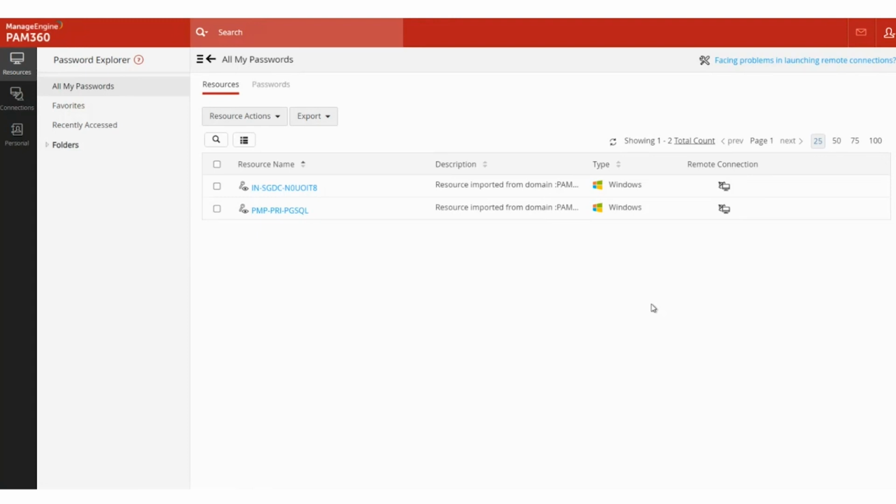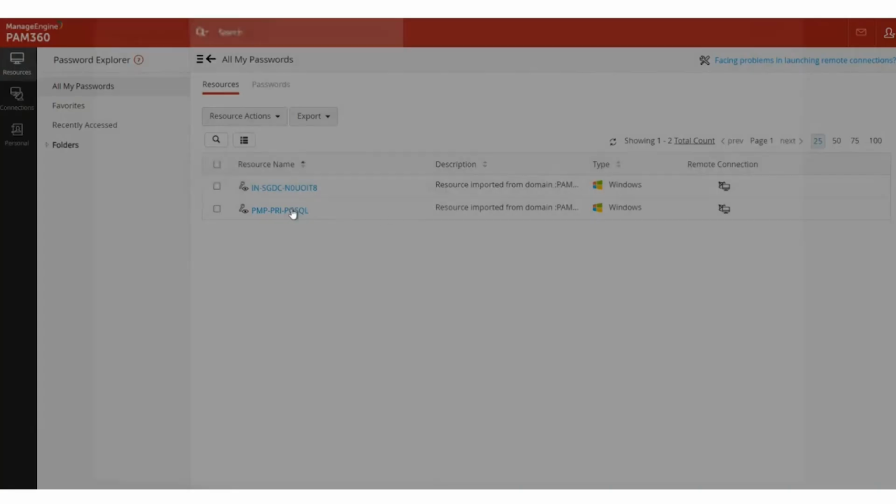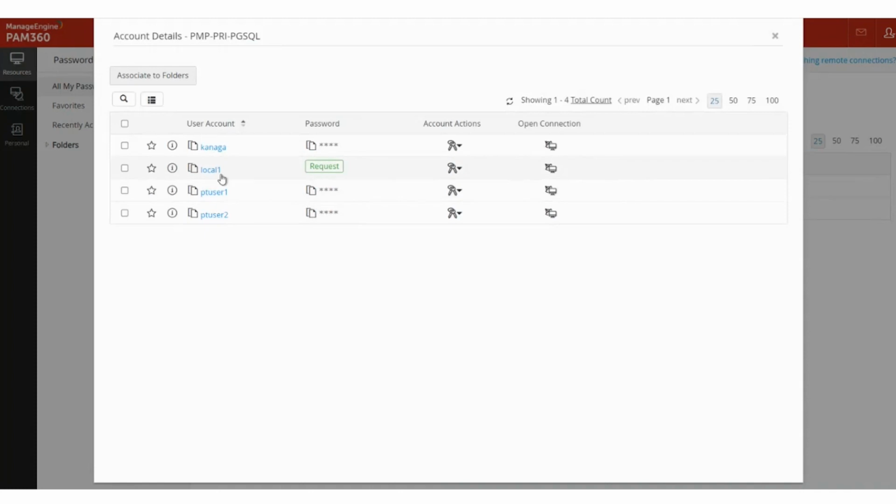He has to go through the two-factor authentication, which is mandatory. And post which he can only access the resources that have been shared with him with the help of the role-based access policy. Once it is shared, he clicks on the server, and this is a local account that